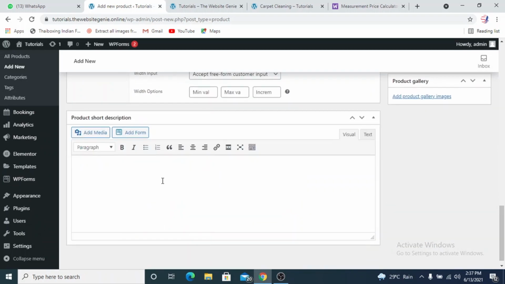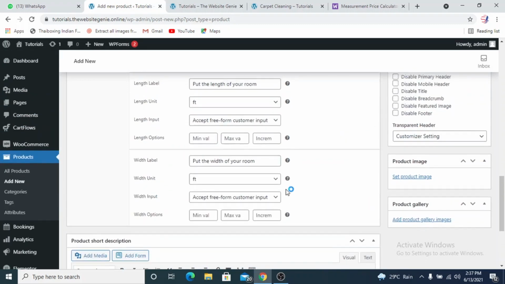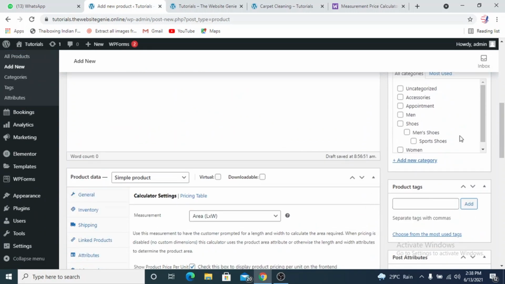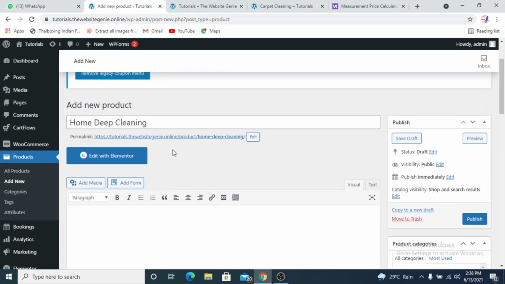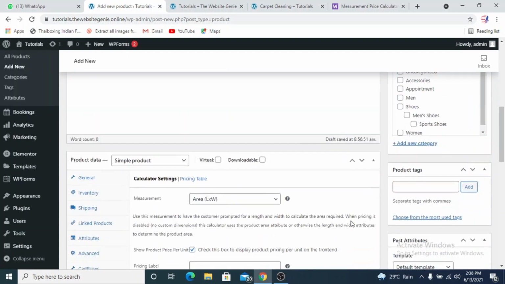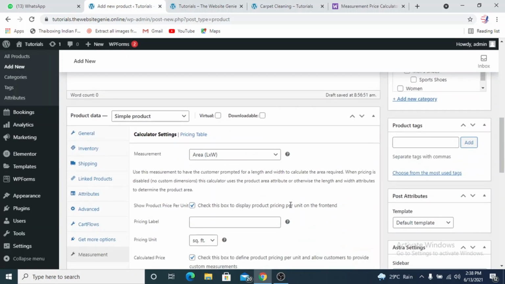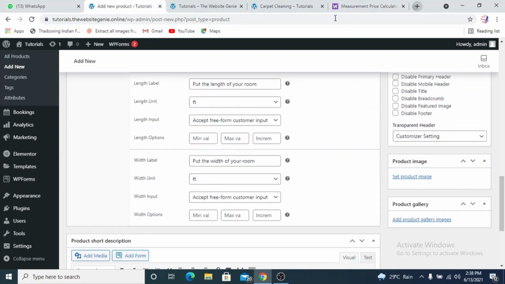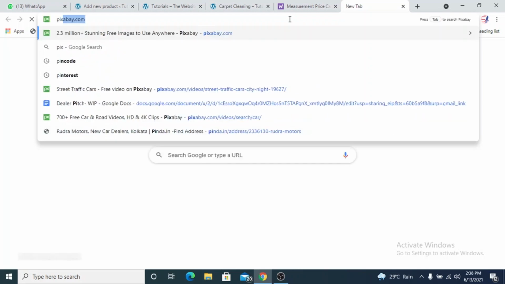So we'll add some sample text here, lorem ipsum, and after we have done that, we can add a category to it, but I won't be going into categories and everything here. So this is just the video on how to add this measurement calculator on your website. So we'll have a product image. So we'll go to a stock video site. We'll go to pixabay.com,